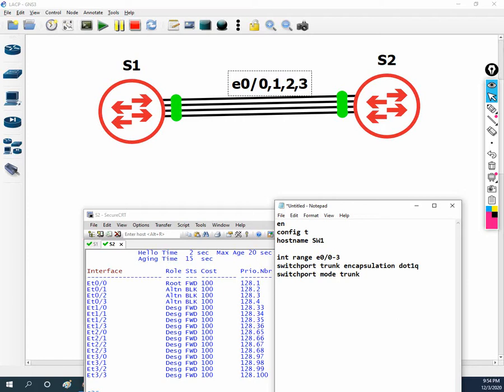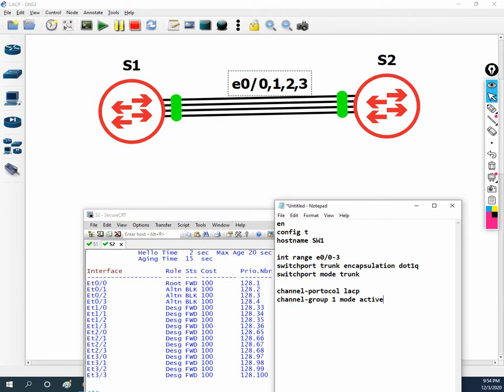Now the new thing I am doing here is the configuration for the EtherChannel LACP. How will we do it? I will write channel-protocol lacp. Then we need to create the channel: I will write channel-group 1 mode, and which mode?